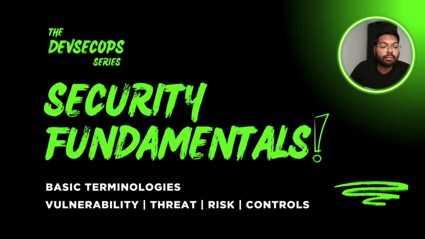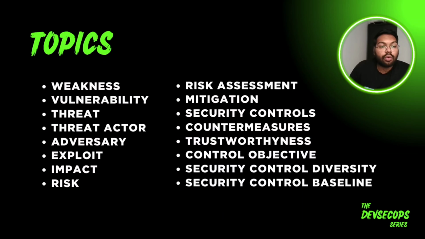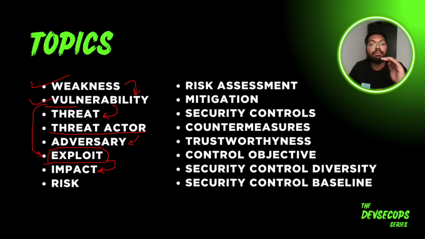We'll wrap it up pretty quickly. So we got to know today about weakness. What is a weakness? What is a vulnerability? Weakness causes vulnerability. Then, on a vulnerability, there are different threats that can use your vulnerability, and that would cause an exploit. And who would cause this exploit? It's a threat actor or an adversary, which is an opponent of you or your competition, let's say. Then after your application is exploited, what would happen? There would be an impact. The impact is more or less, depending on the measure of security control that you have applied for your application.